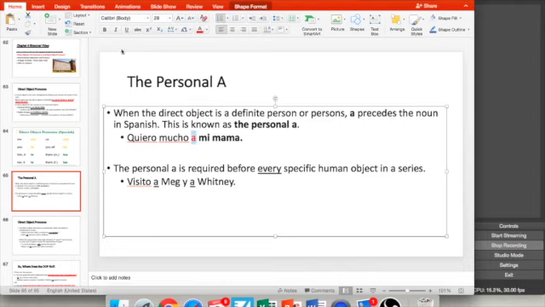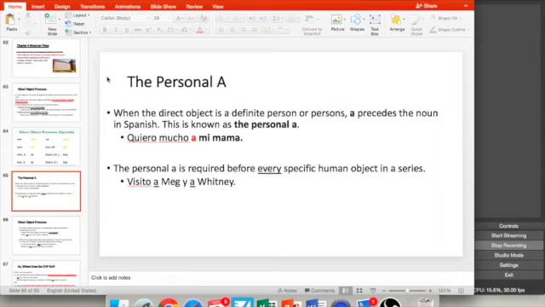This is a very common error of people who are native speakers of English who learn Spanish. They oftentimes want to leave the a out of the sentence. Okay, another example that you need to know, the personal a is required before every human in a series. So if I say quiero mucho a mi mamá and my dad, I would say quiero mucho a mi mamá y a mi papá también. You have to include both of those, the a before both human objects. Another example, visito a Meg y a Whitney. I can't just say visito a Meg y Whitney. Visito a Meg y a Whitney. You have to have both. Okay, so